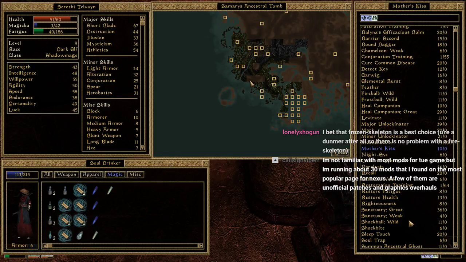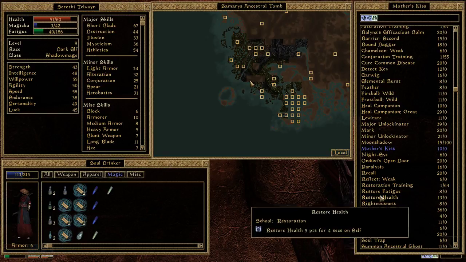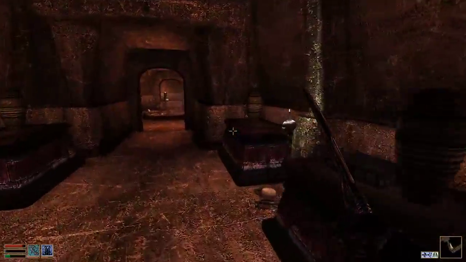I'm not following most mods for the game, but I'm running about 30 mods that I found in the most popular pages for Nexus, a few unofficial patches and graphics overhauls. Okay. Because I've modded Oblivion in the past, and it was quite fun to mod, but it was also